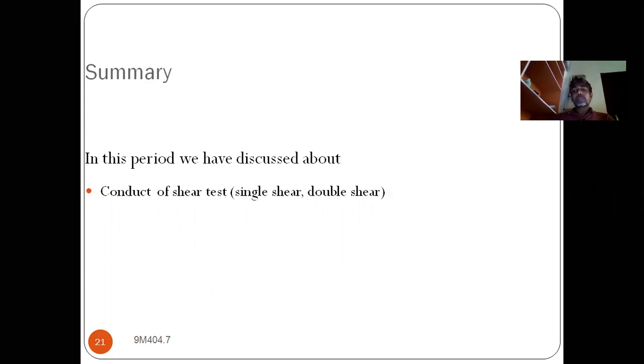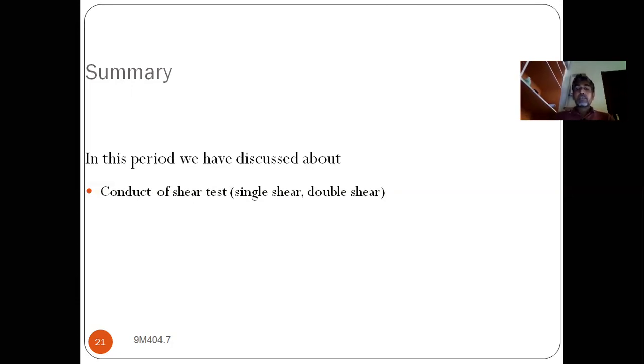So you are fixing the specimen onto the base by using the clamps on both the sides, and you are bridging the gap of the die. So when you apply the transverse load by taking a clearance of 0.125 mm on both the ends, and fracture will take place, here both sides fracture will take place, both sides shear will take place.